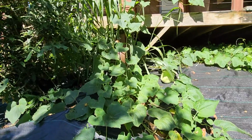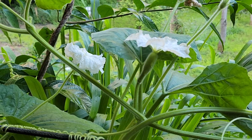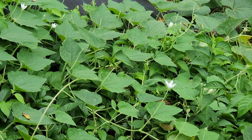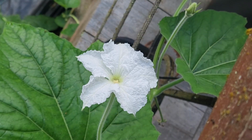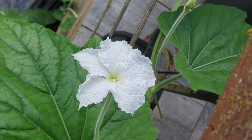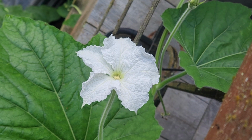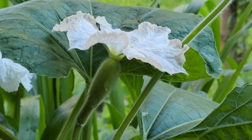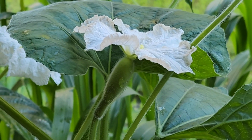So getting into ipu gourds, they are not a food plant, but they're an extremely useful plant. As you can see here, it's a climbing vine that has large 5-lobed leaves. They're often grown on trellises, and here they're growing along the edge of the house. So during the flowering stage, their small single white flowers are produced, and when pollinated, the soft, hairy, green ipu